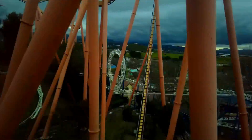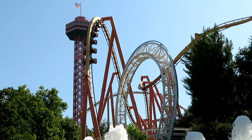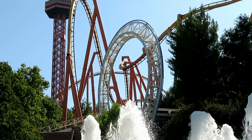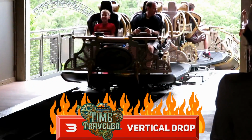You especially feel it on your face, which feels like Stengel is ripping it off the entire time. For an otherwise graceful and gentle ride, B&M saw the opportunity to take their signature pretzel loop to the extreme with Tatsu. Number 3. The spinning vertical drop out of the station on Time Traveler at Silver Dollar City in